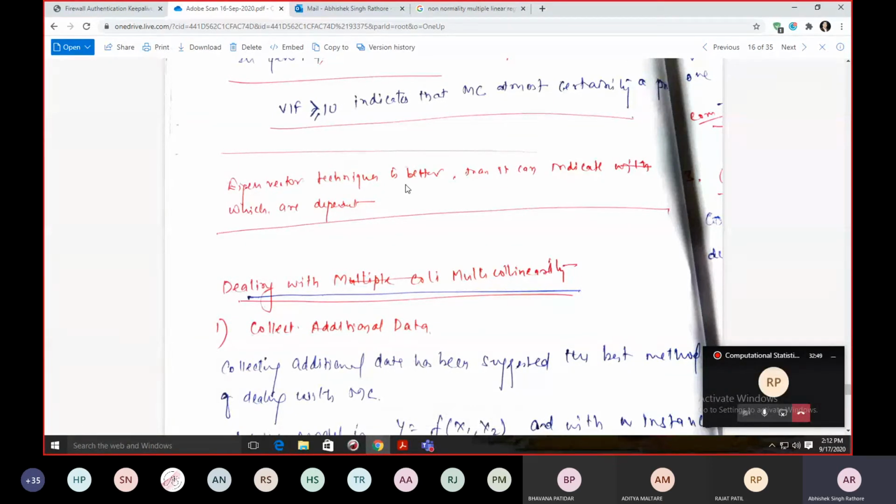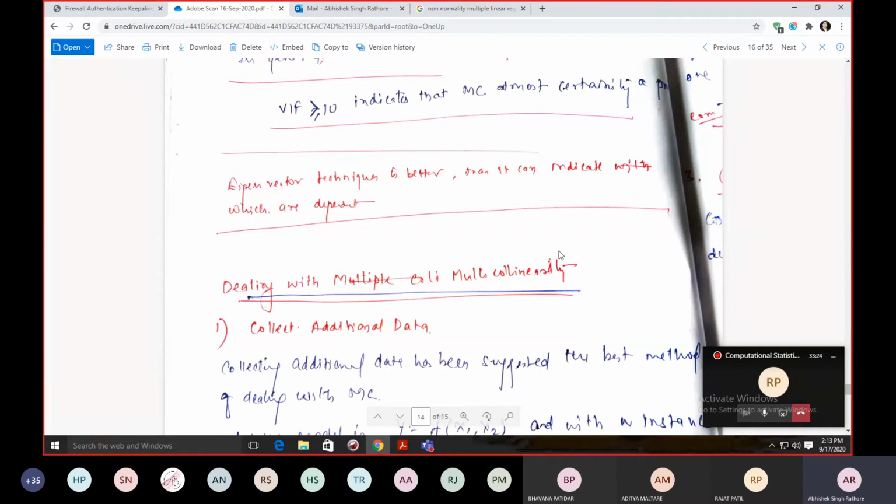Now a question arises: which technique is better? Again I am saying that the eigenvector technique is better because it indicates which ones are independent. When we go for the correlation factor, it says that you have some certain probability of multicollinearity, but with the eigenvector technique you can identify the particular item which is dependent on another item. Fine. The red items are just the important things highlighted there.